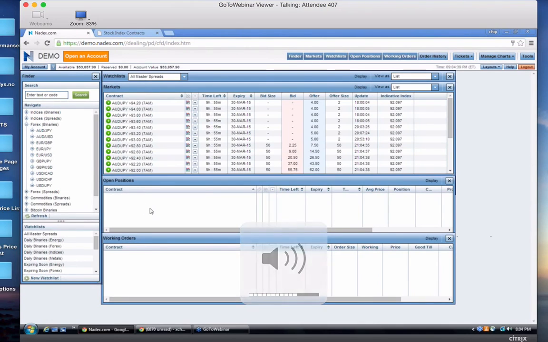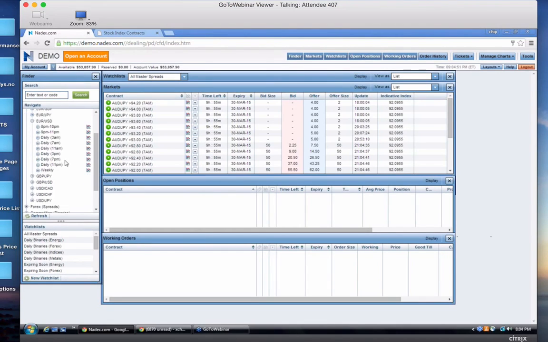So anyway, let's say we wanted to look at the Euro USD. So I find it right here. I click the word, and again, there's the drop down of all the durations available. Now right here we have a 2-hour one, 8 p.m. to 10, 9 to 11. Then we've got the dailies, and then we've got the weeklies. Now I've heard that some of you do like to look for the shorter time periods, and actually when you're trading these binaries, you're really giving up less edge, or giving edge if it's not right at the money, as the duration shortens.